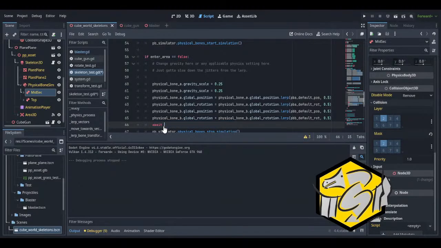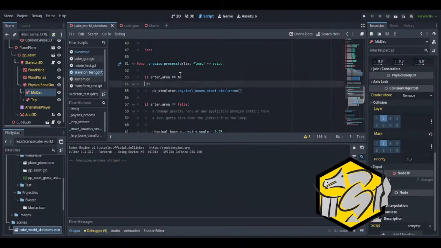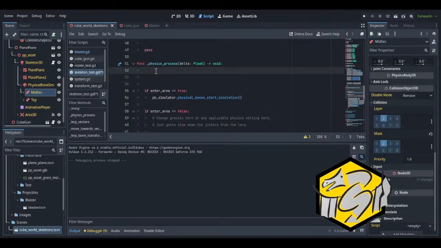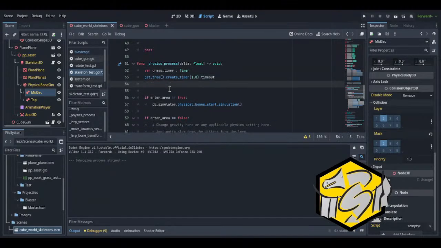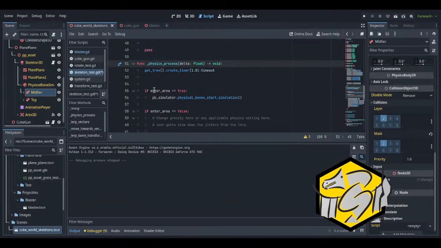There it is. Ah, looks like it does that automatically. So every